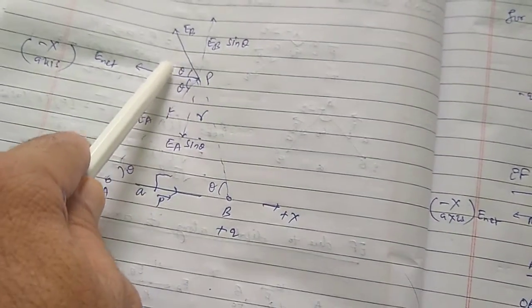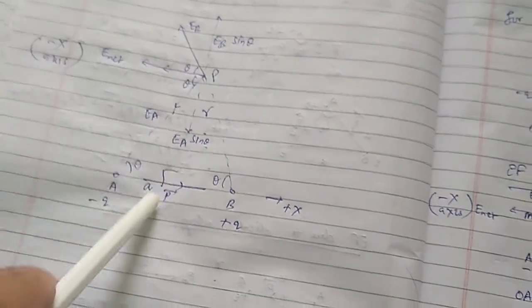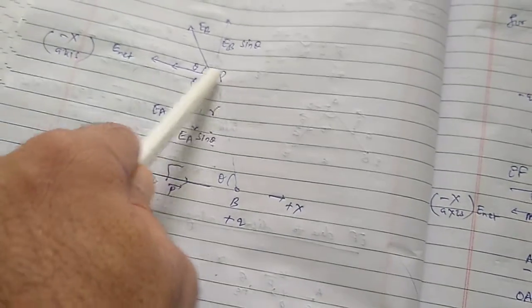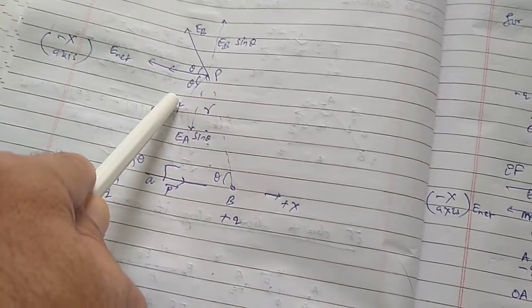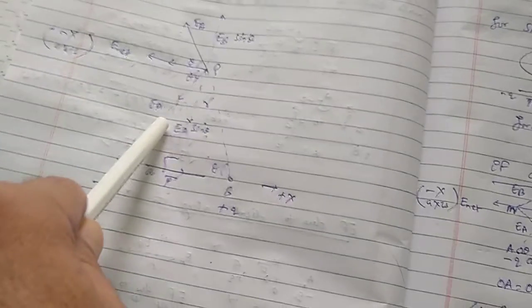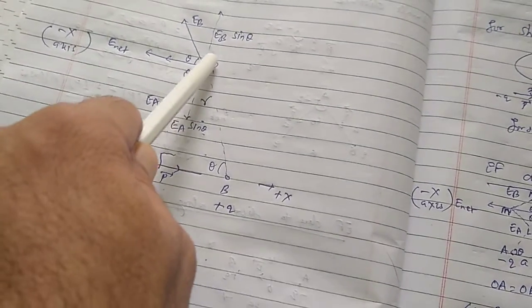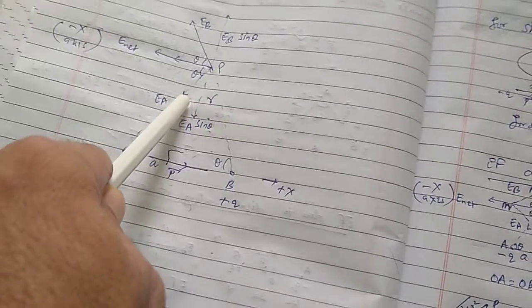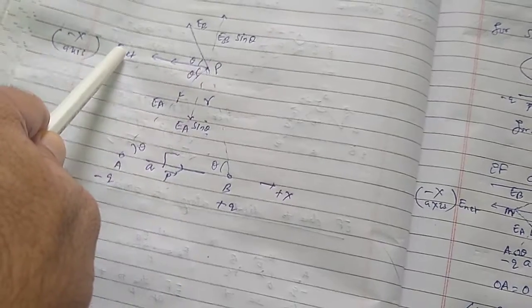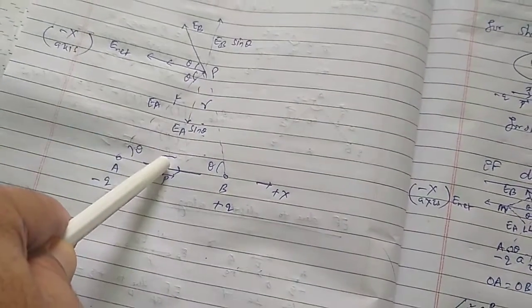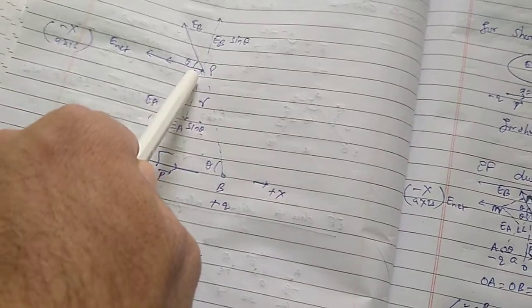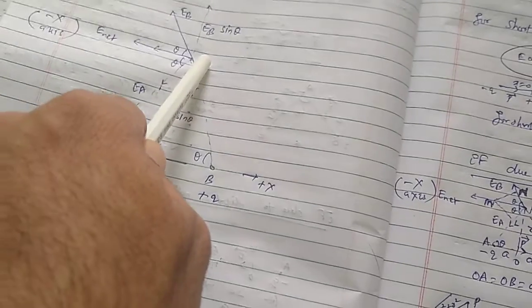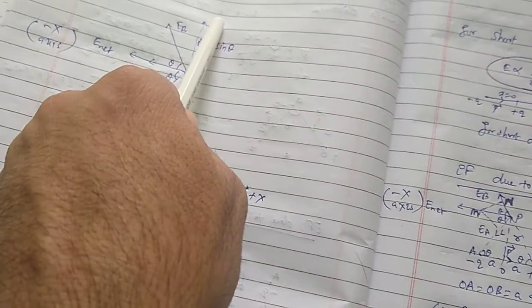And you know that this is an exterior angle, and these are the two opposite interior angles. The exterior angle is 2 theta, and since it is a bisector, that's why this is angle theta, and this is also angle theta. If you resolve this electric field EA, one component will be along this direction, another component along this direction. Its horizontal component will be EA cos theta, and here it will be EA sin theta. Similarly, you will resolve EB, and this is angle theta. Its one component here will be EB cos theta, and another component will be EB sin theta along this direction.